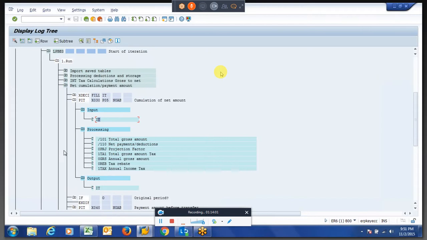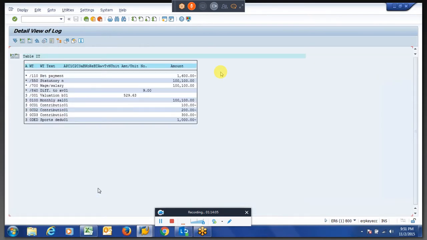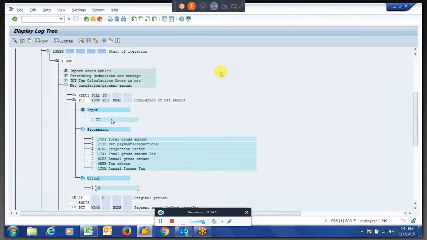Slash. We'll see the processing class 5 for the particular wage step.